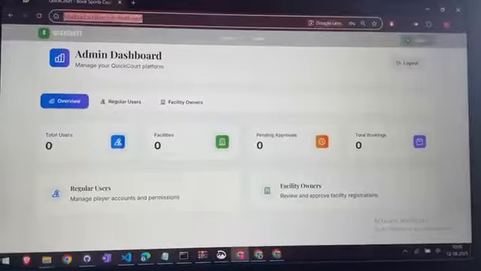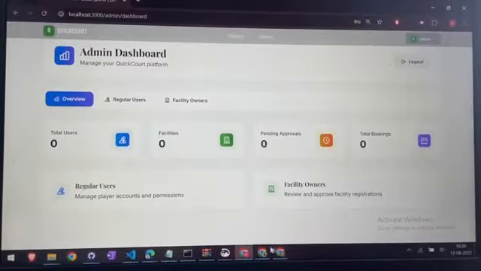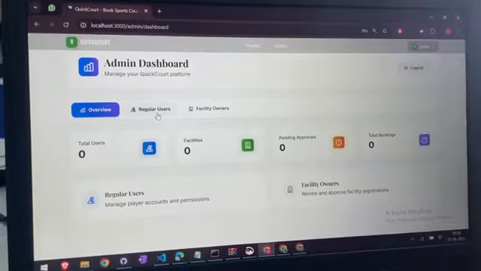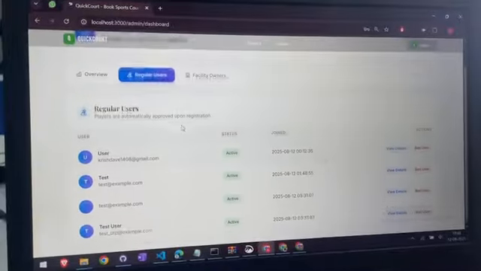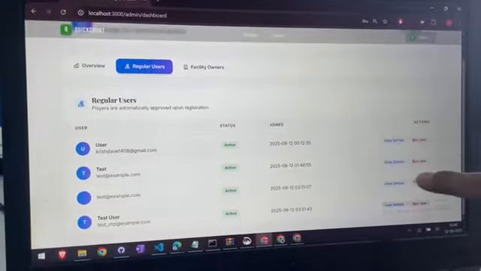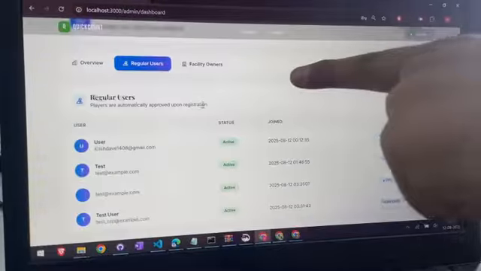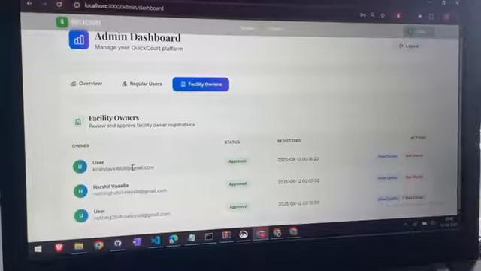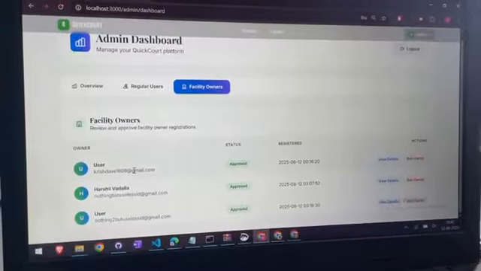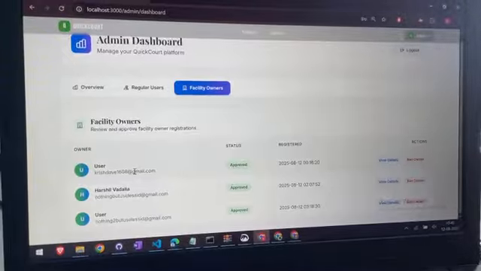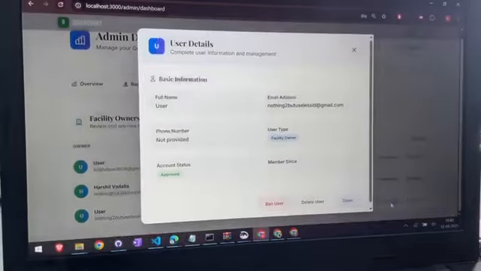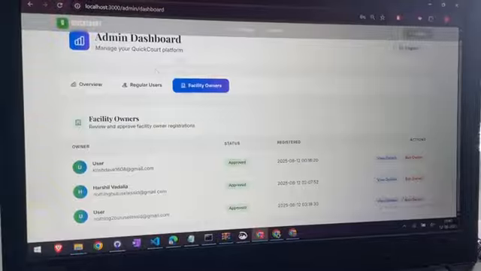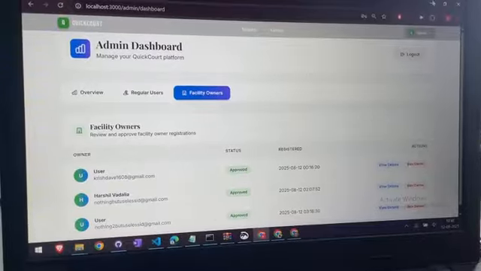So this was the admin dashboard. Here you can see this is the admin portal. Using the admin portal, the admin can review the users, remove users, and view the details and performance of the users. He can also approve a venue whenever a facility owner adds one, which I'll show you shortly; it needs to be approved by the admin user. Here you can view users, ban the user, delete the user. Such operations can be performed by the admin. So this was all about the admin panel.